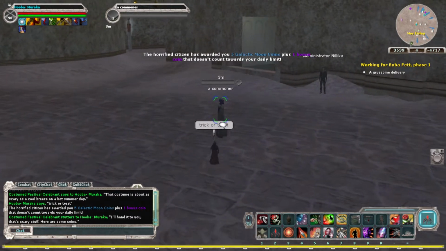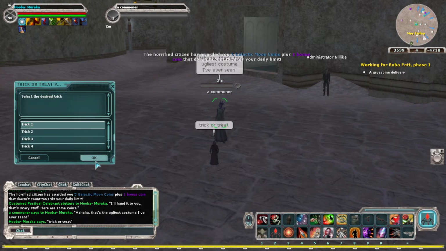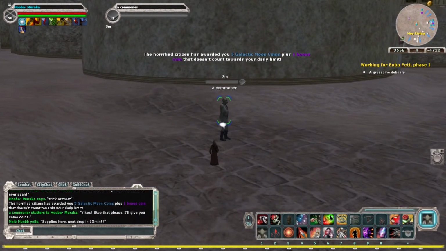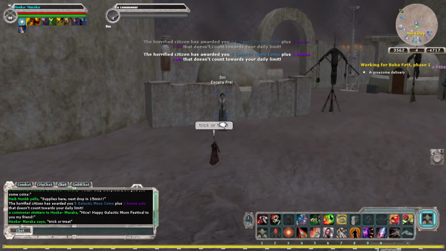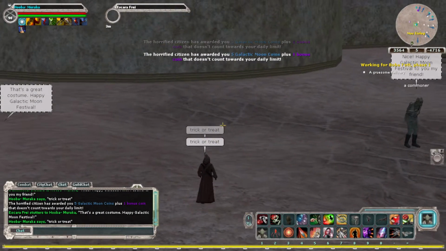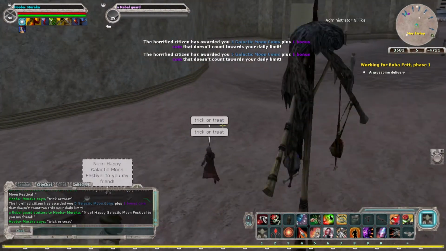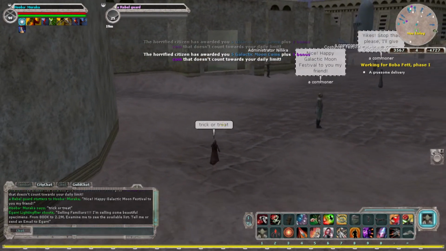Now you have all the other areas which I've already showed you guys in the previous videos as well. What I'll do is, in the next video, I showed you an event. I showed you the trick or treat home, which is awesome. I've shown you the Ghost Slayer event. The only thing I haven't showed you...